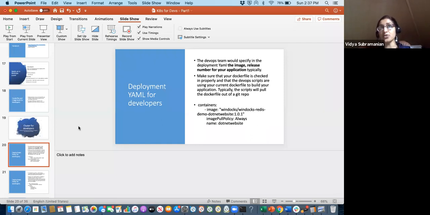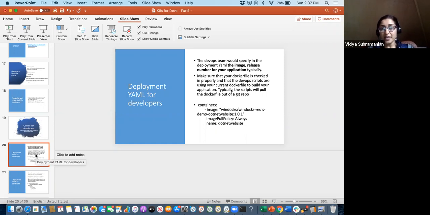I want to walk through some of these scenarios and then do a demo with a deployment YAML. I'll probably even have someone from our DevOps work that we do come in and do a demo there as well.